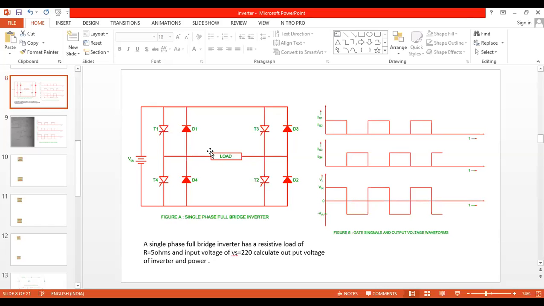You can ask, sir, why do we require a different frequency? If the frequency is increased, then the speed of the motor also increases. If the frequency is decreased, the speed of the motor decreases. So we say that the power electronics inverter is completely different from the basic inverter circuit. Here we are not discussing the basic inverter circuit which converts DC current to AC current. We are discussing fixed DC power converted to variable AC power.